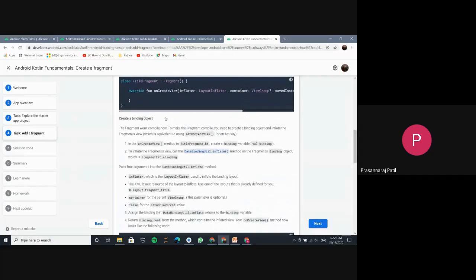So what we have to do is create a binding object here. They have given that the fragment won't compile now. Yes, we have that error. So to make the fragment compile, you need to create a binding object and inflate the fragment's view, which is equivalent to setContentView. So in the onCreateView method in TitleFragment, create a binding variable, and to inflate the fragment view, we will call the DataBindingUtil.inflate method,